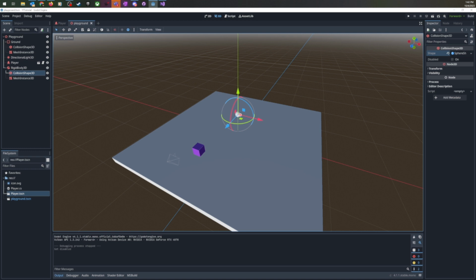And then consider, if you were making a bowling game, what shapes would you use for the ground? What shape would you use for the pins? And what shape would you use for the ball? So think about all that, do that as an exercise, and I will see you in the next